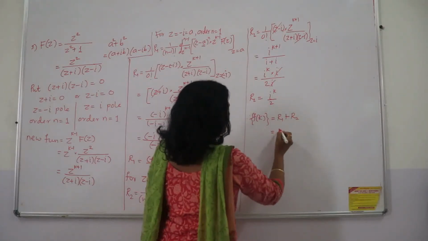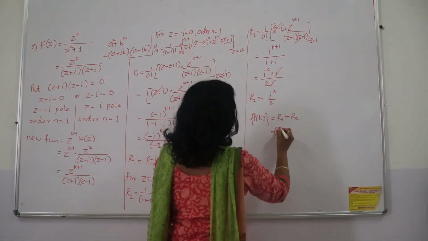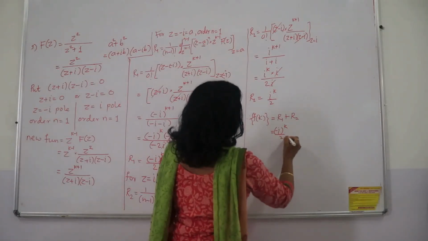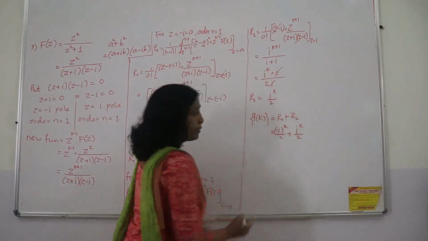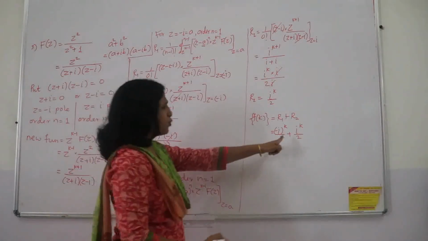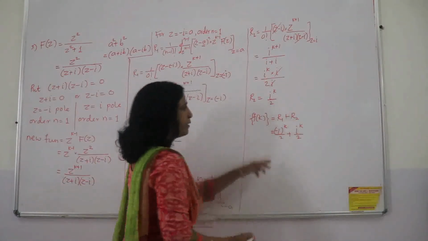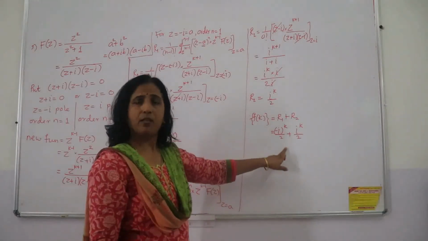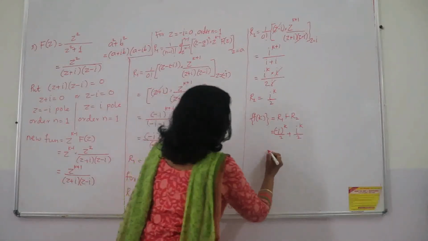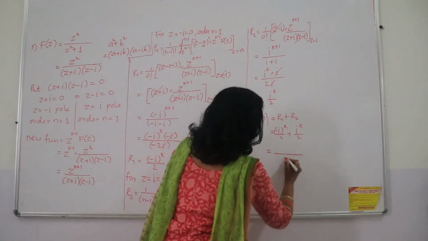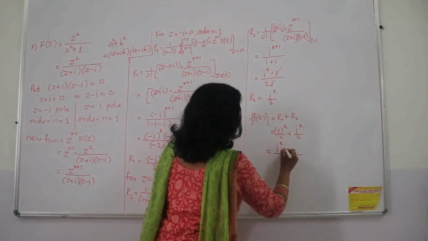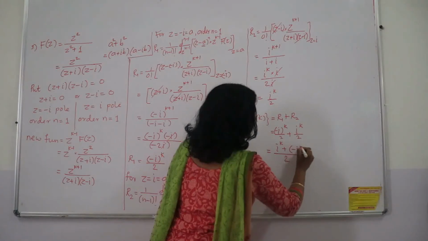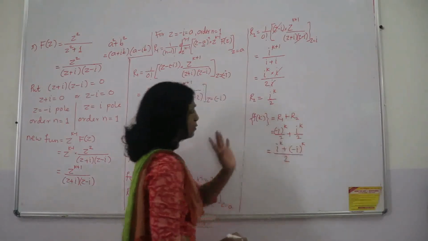Now let us see. First value was minus i^k upon 2. Second value was i^k upon 2. Now we have to simplify this a little bit. So a little simplification is expected here because we never keep our answer in the form of i. That's why. So this is equal to, see now the denominator is 2. Now I will take the positive number, i^k plus (minus i)^k. Yet I have not done anything with this minus.